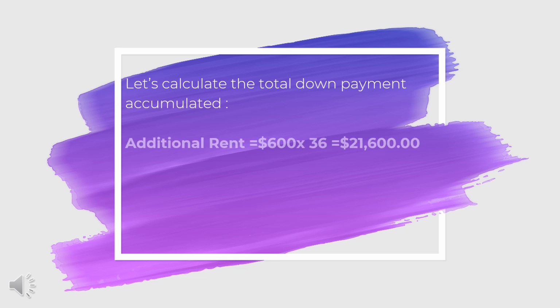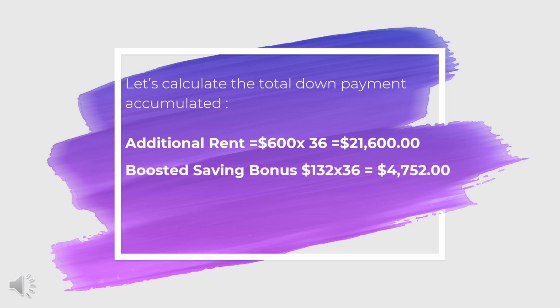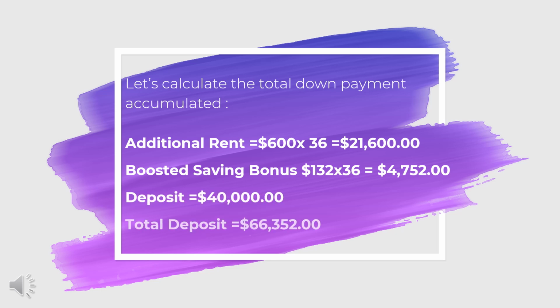And let's calculate the down payment. If the client is paying $600 a month as additional rent times 36 months, that will save $21,600 plus the boosted saving bonus that he will get is $132 times 36 months. That's $4,752. With the original $40,000 deposit, the total the client will accumulate as down payment is